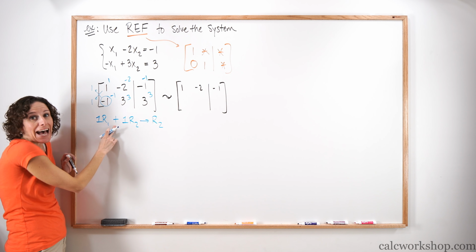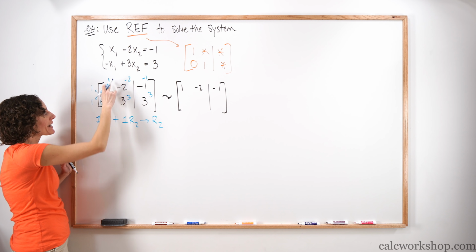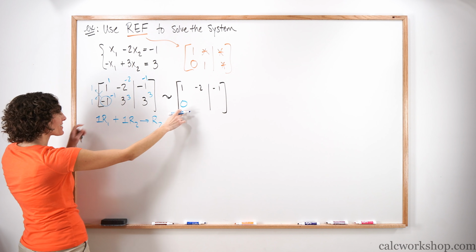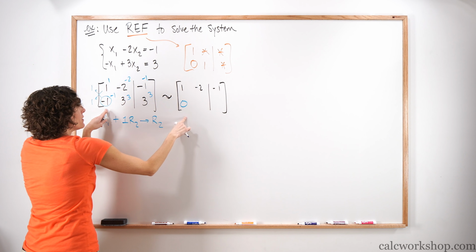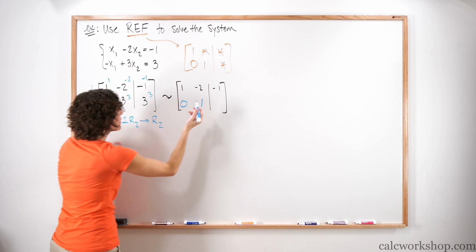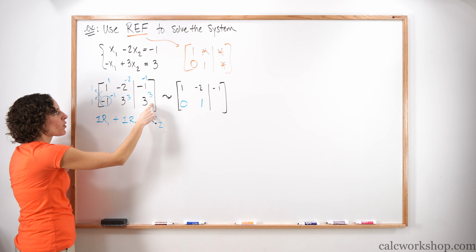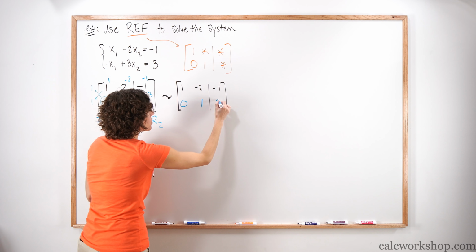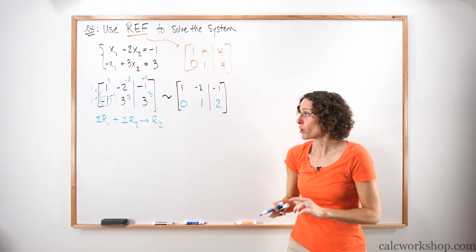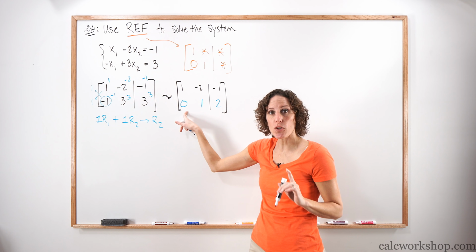Now all we've got to do is add them together. 1 plus -1 makes 0. Perfect, I got exactly what I wanted. Now, -2 plus 3, we see is 1. And -1 plus 3, we get a value of 2. So we have now completed column 1. We have gotten the 0 that we were looking for.